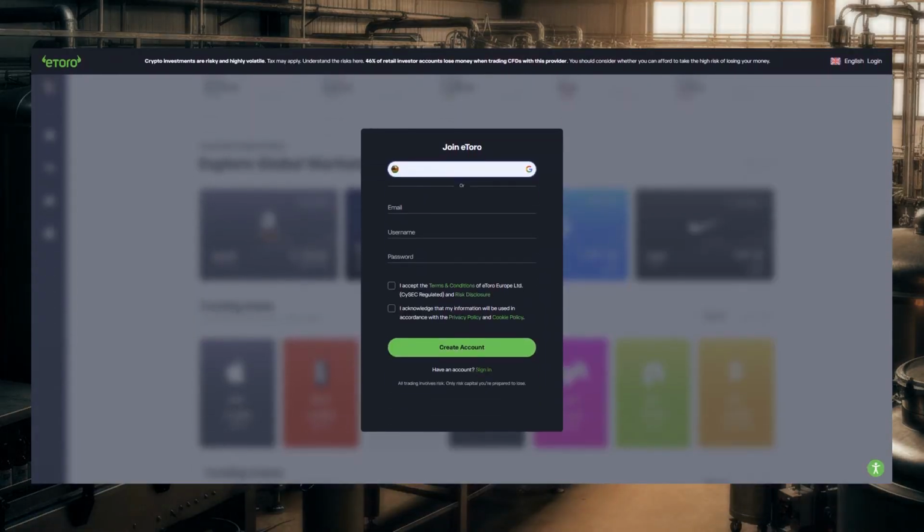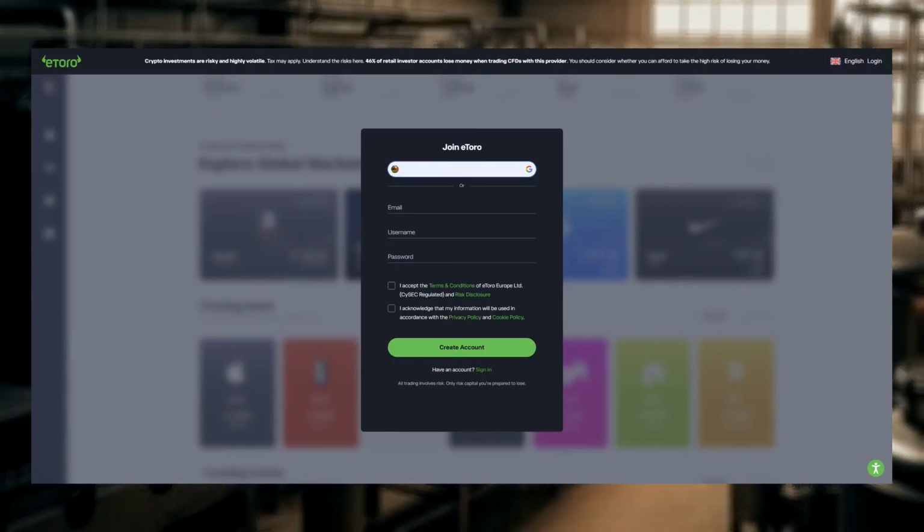To buy shares, you need a brokerage account. I will use eToro as an example to demonstrate the process. After registering, you must verify your accounts, usually with an identity document, and add funds before you can place a